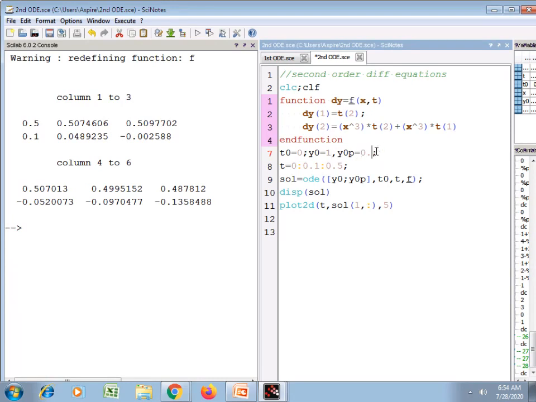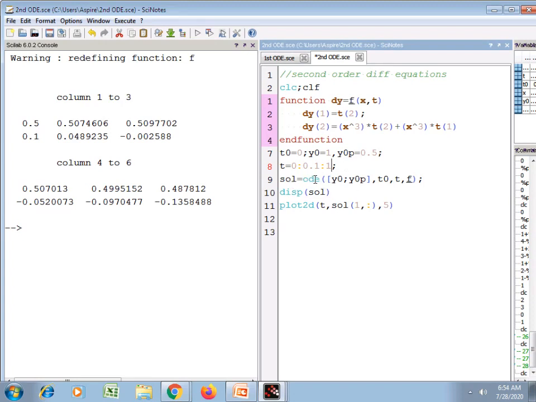So I take it as 0.5. I will use the values for the vector t from 0 to 1 with the step size of 0.1,